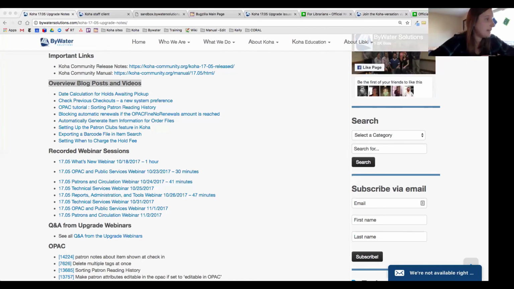We have a question that came through about Coral. Any news on Coral or other open source ERMs being integrated? Great question. The next release for Coral is December 15th. In that release will be phase 1 of the integration, the vendor integration between Coral and Koha.